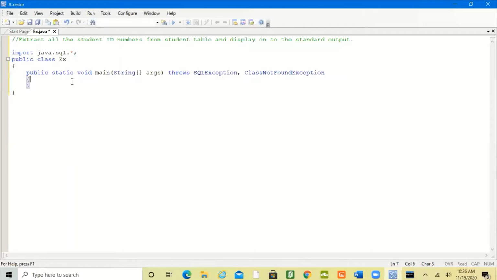Okay then. The first statement, what I'm going to do is load the JDBC driver. So how to load the JDBC driver? We have a class called Class and a method in the class, forName. So you are going to use Class.forName to load the driver. Inside the bracket, you need to give the driver